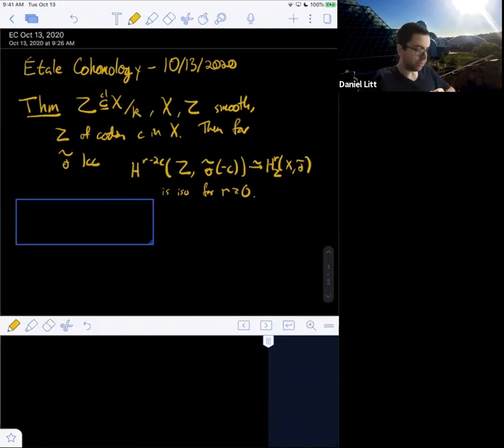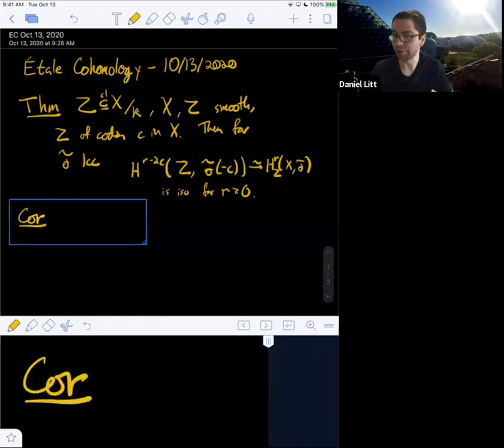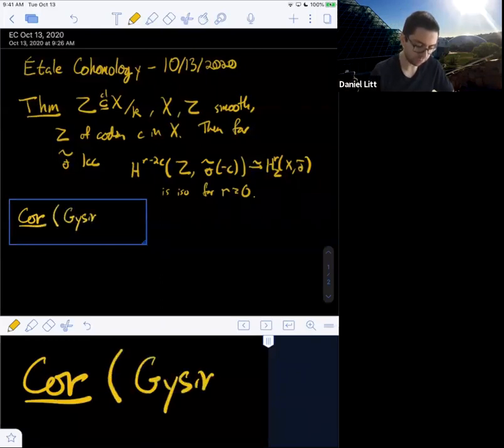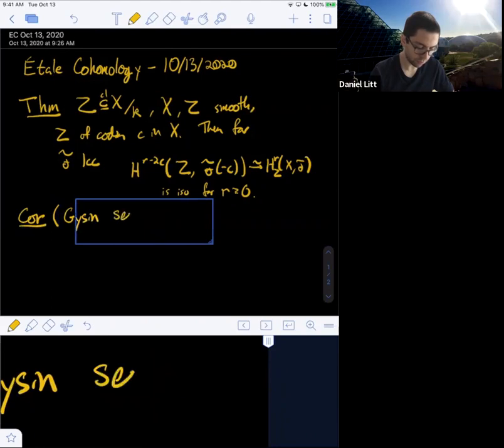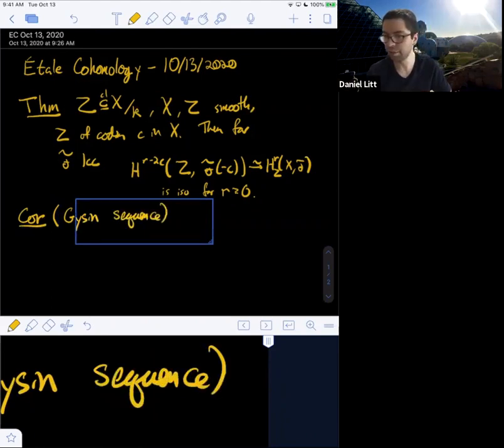And I think maybe I claimed something like this was telling you something about the cohomology of a deleted neighborhood of Z, morally. And I think my sketch of the proof will indicate, at least in part, why that's true. All right, so let me explain now the main corollary of this theorem, which is the existence of a Gysin sequence. And I'll remind you a little bit about what that sequence says in topology also.